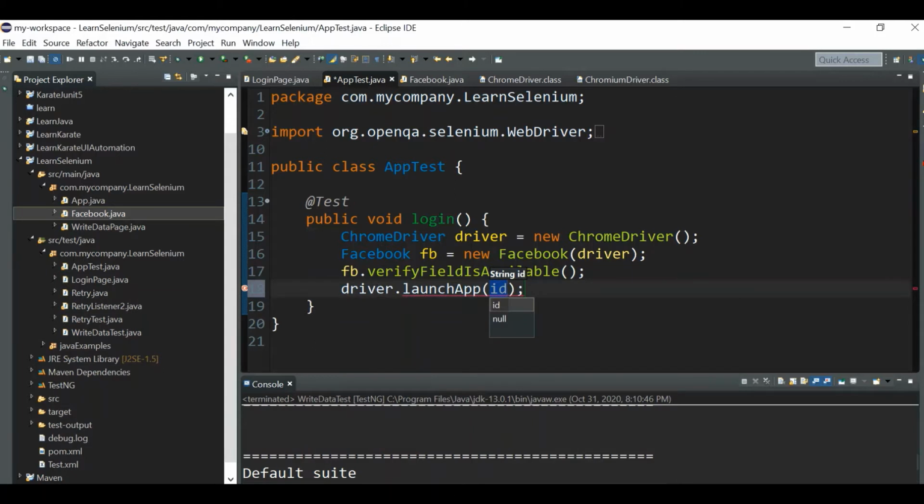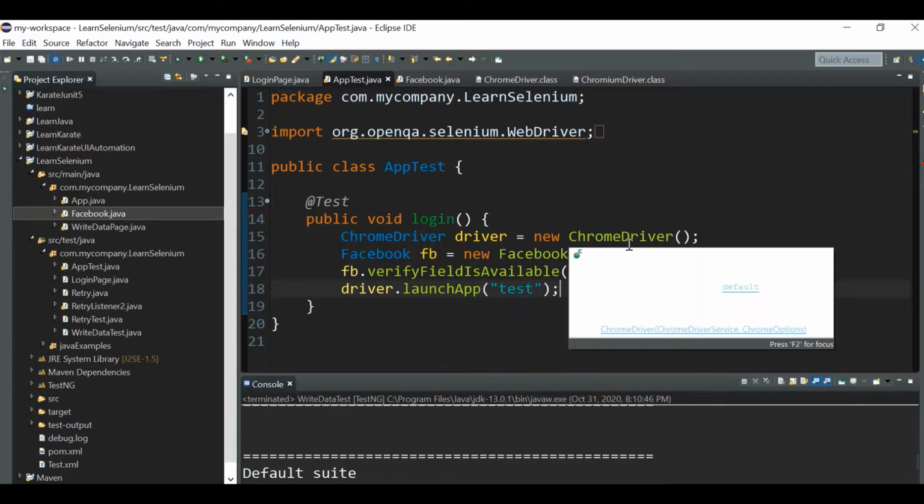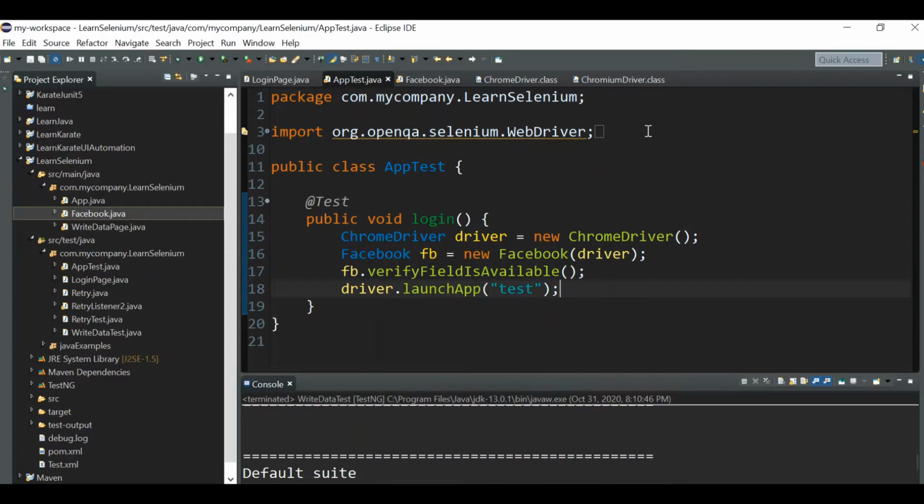You just pass some parameters, so let me just give some dash. We don't know for what purpose this launchApp is used; anyway, I just want to call some method from the ChromeDriver class. Since ChromeDriver extends ChromiumDriver, we can call the functions from ChromiumDriver also, right? That's how the Java inheritance feature works.